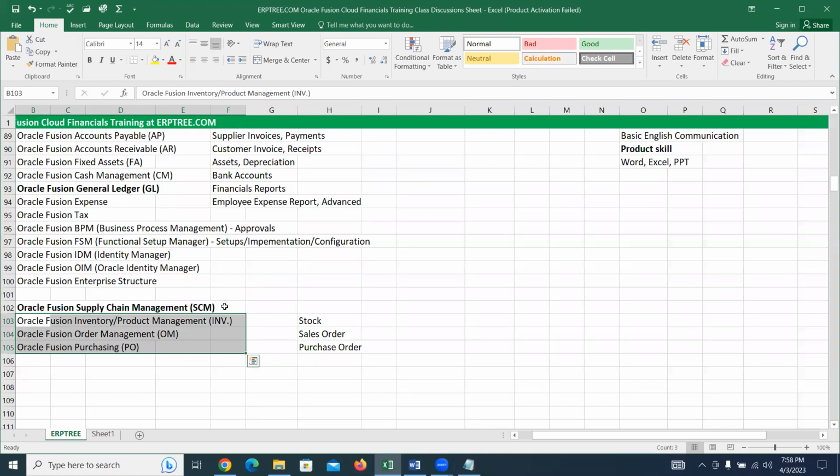SCM is not our area, but people who have 4, 5, 6 years of experience, more or less, will know the basics of SCM. To acquire that knowledge, I'm covering the SCM basics also. Along with our financials, the very neighboring applications are SCM applications. If you are doing something in payables, AP, something has already happened from supply chain.